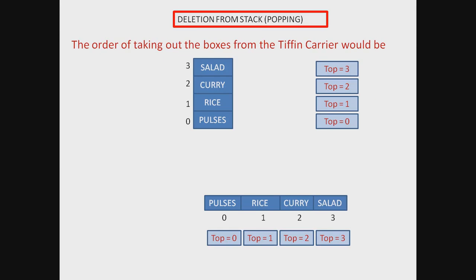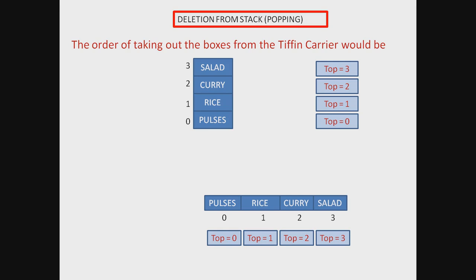Now what we did was we inserted things, we pushed things into the boxes, or I should say into the list. We put the things in the tiffin carrier, and relating it to Python, we say we put the things in the list. Now if somebody wants to eat the things of the tiffin carrier, which box is he going to take out first? Pulses or salad? Obviously salad, because it is the topmost box.